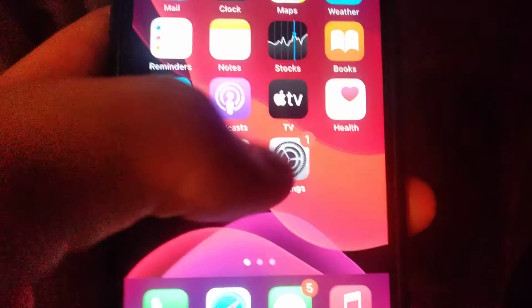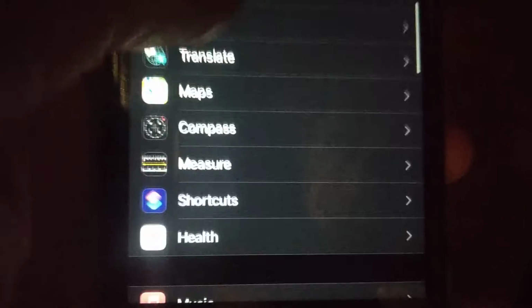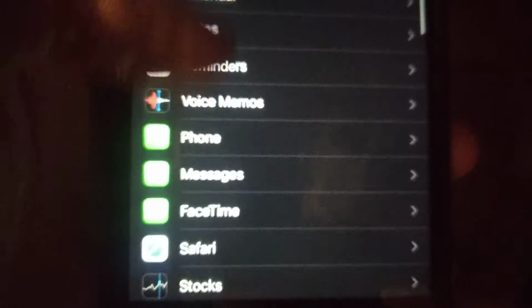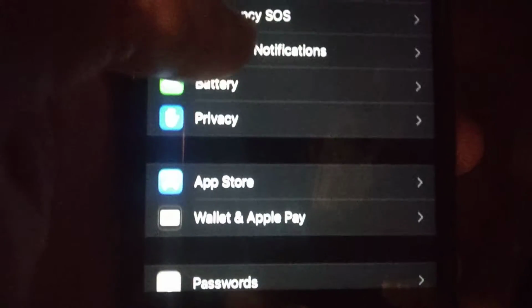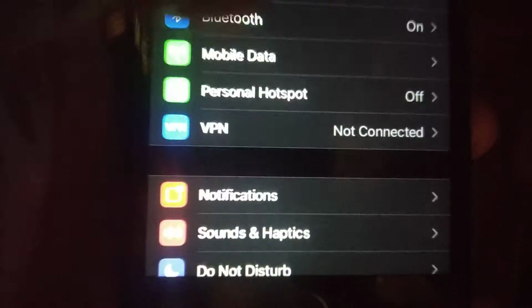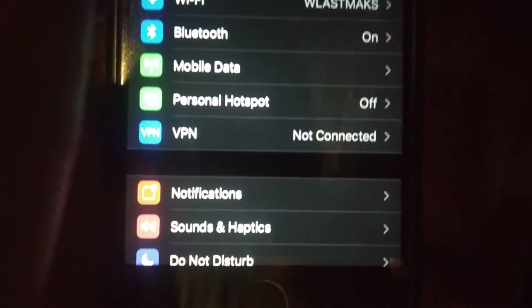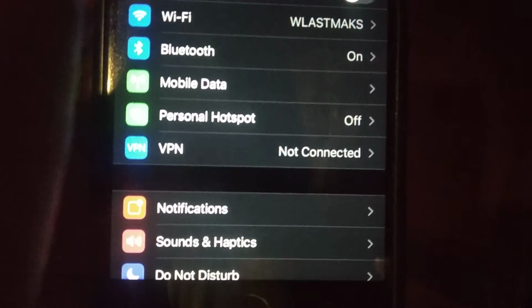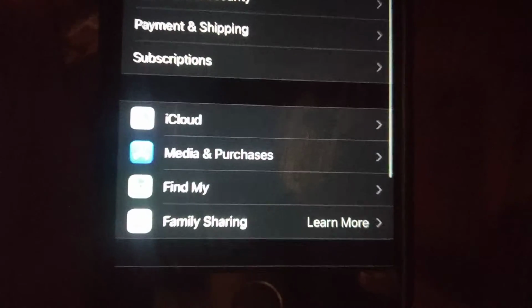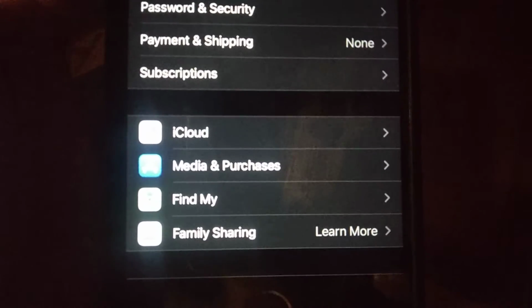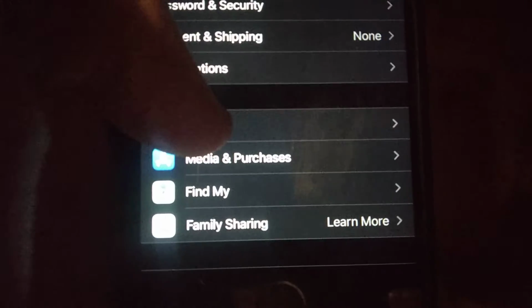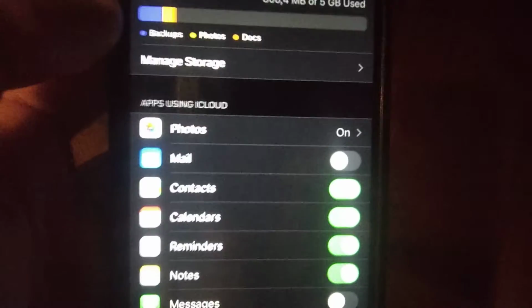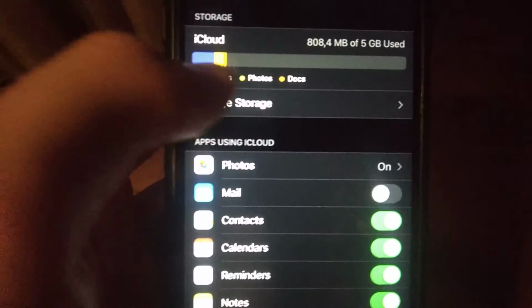So the first thing you need to try is just to go to the settings. Just open the settings, and in the settings you just tap on your Apple ID, on the top of your iPhone, on top of your settings. Just tap here. After that you will see different options like iCloud, so just choose iCloud here. Now you need to choose Manage Storage